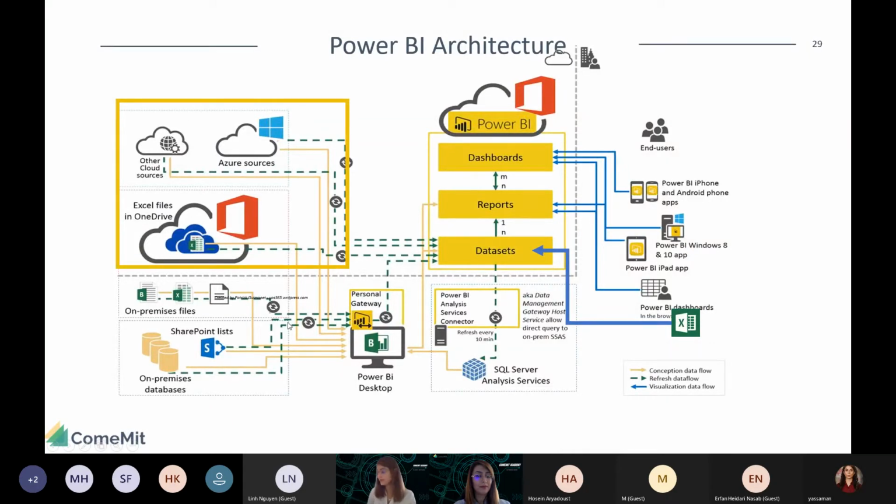So these are the different data sources that I mentioned: cloud, hybrid, on-premises, Excel files, SharePoint lists, Access. So you can connect to different data sources, and then you bring your data into your Power BI Desktop. And here you start to shape your data, clean it, cleanse it, transform it, and then model it. You create the relationships.